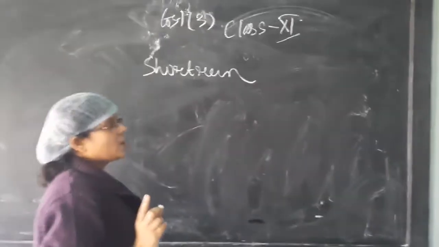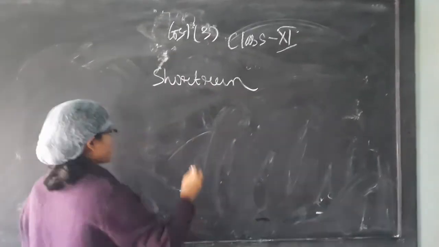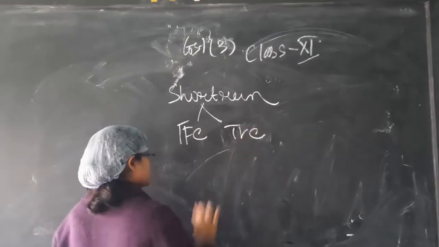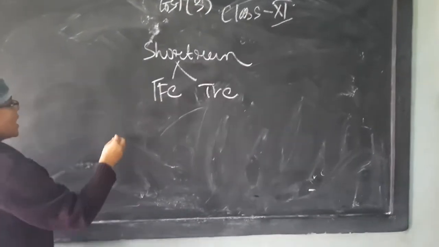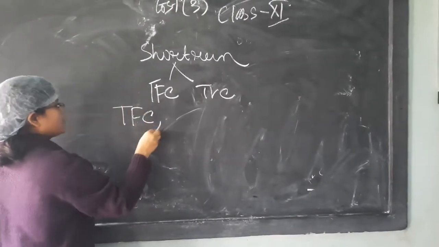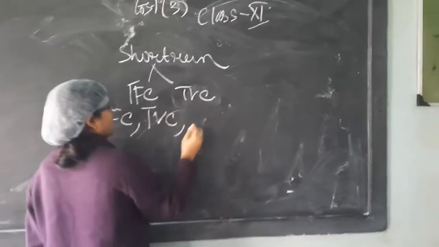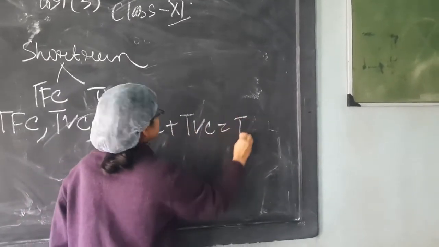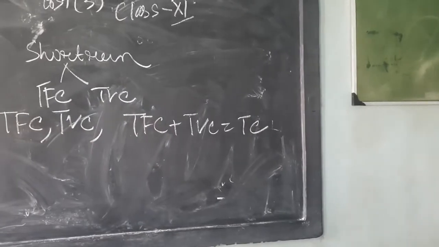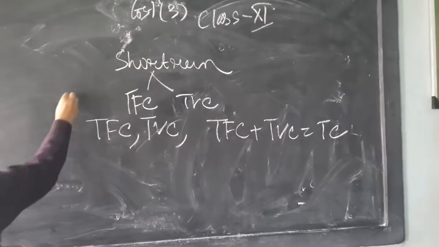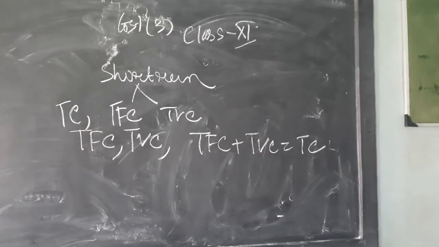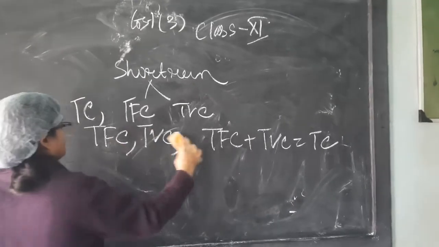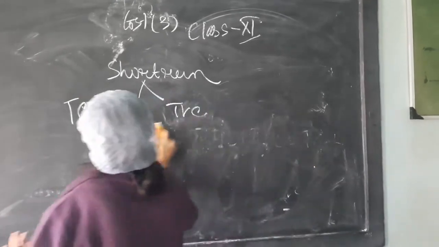In short run we get two types of cost. One is fixed cost, that is TFC, and another one is TVC. So what are the costs we are having? We are having the TFC curve, we are having the TVC curve. If I add up TFC and TVC, then I will get the TC curve also. So what are the three main curves? TC, TFC and TVC. I have given the diagram also. Once more, showing how you will draw TFC, TVC and TC.